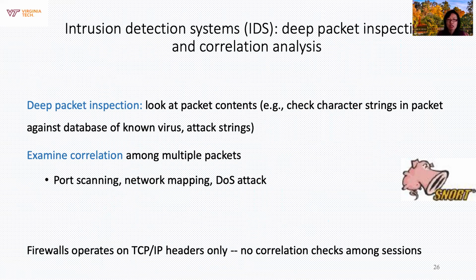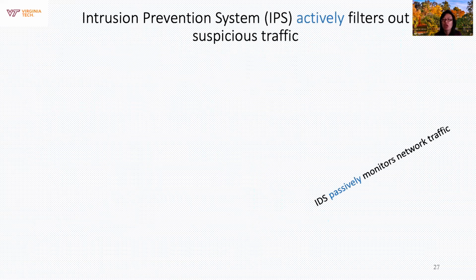Most importantly, it does deep packet inspection, looking for characteristic malicious strings and virus signatures. It can also see, oh, is this external traffic doing a port scan? It just visits a whole bunch of random ports within a short amount of time. So you can do this kind of more aggregated analysis. Snort is an open source intrusion detection system. It has community contributed rules. IDS is passive